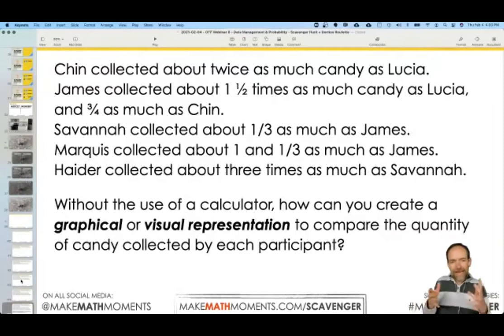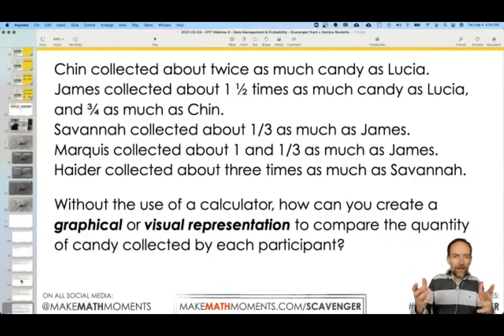But really right now, one of the big pieces that we tried to do when we designed this problem was still keep it as far away from a one answer sort of deal as possible. Right now, we're kind of forcing you to share with us a visual representation because none of you can actually give us the number of candies yet. So it's almost like forcing you into this path of proving to us what the relationship will look like.